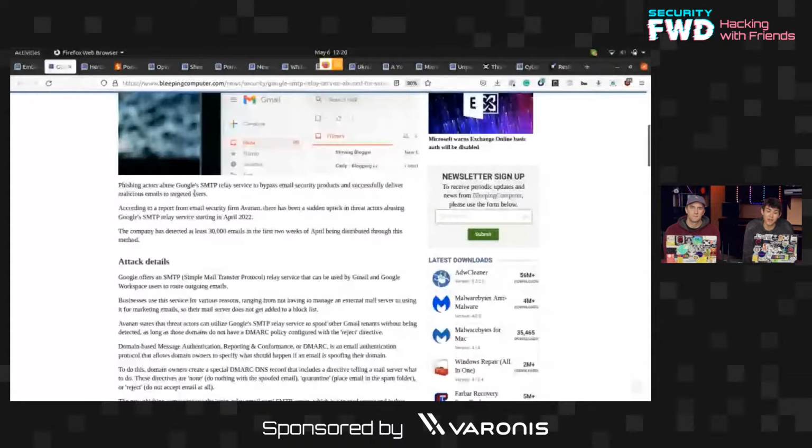So basically, Google offers an SMTP relay service. These are usually used when companies don't want to prop up their own infrastructure for sending out bulk emails and having to manage their own mail server. You can just use a middleman like Google's relay service in order to send out these emails for you. But